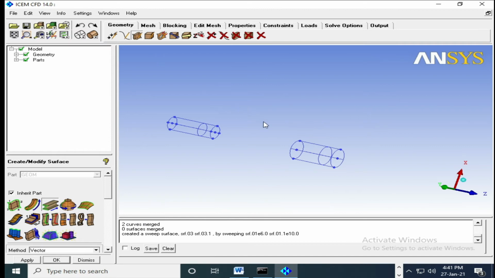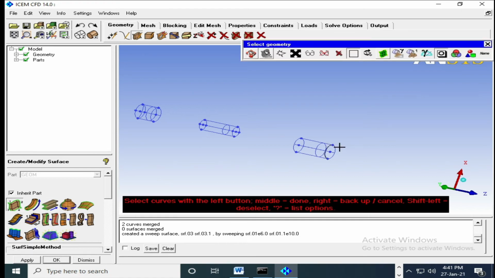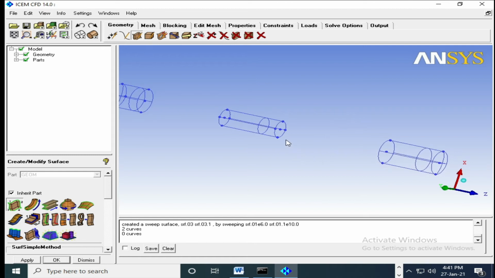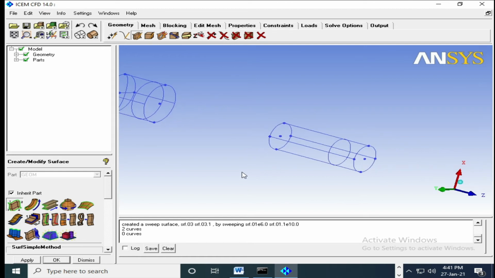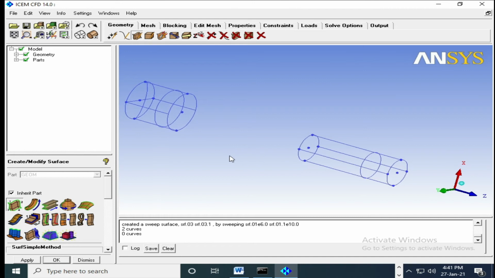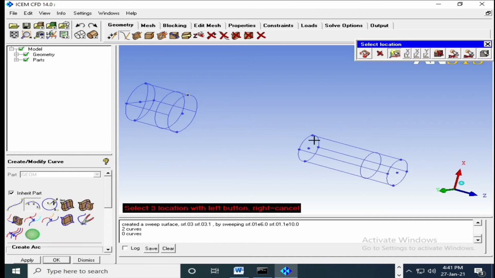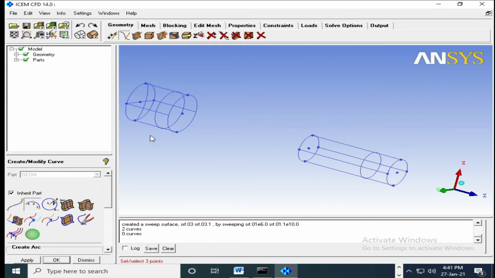Yes, now I will close this surface, 1 2. Now I need to have a conical surface along this direction.